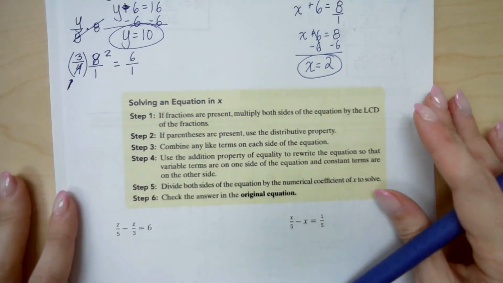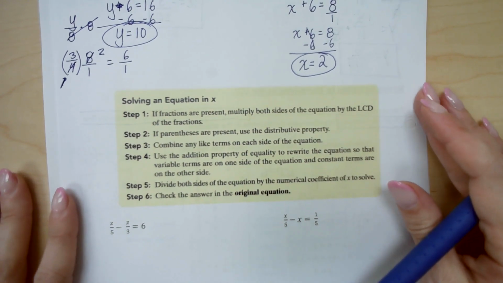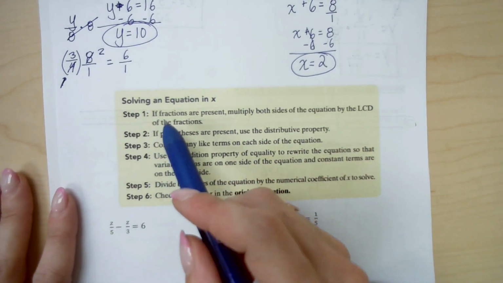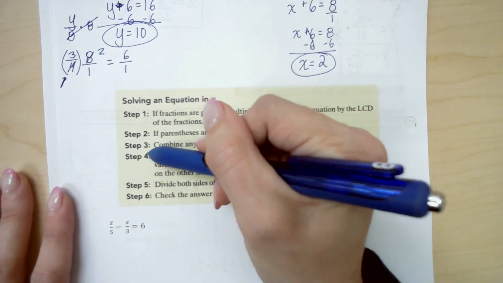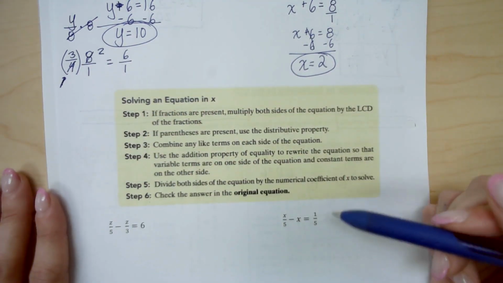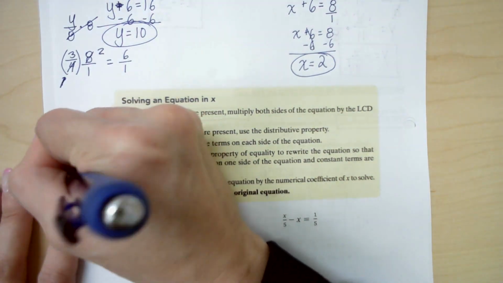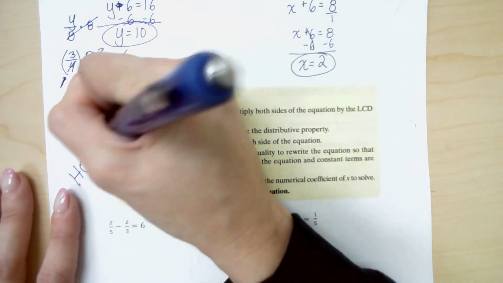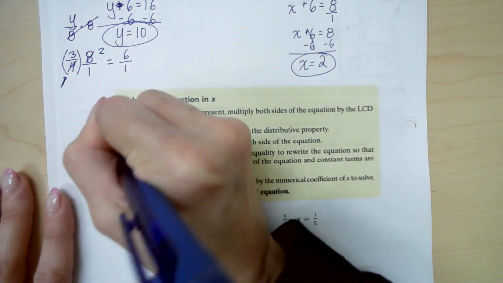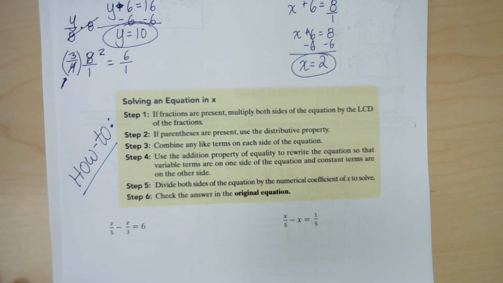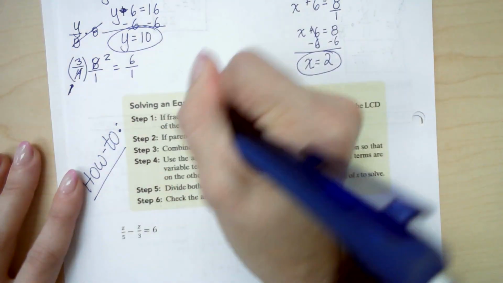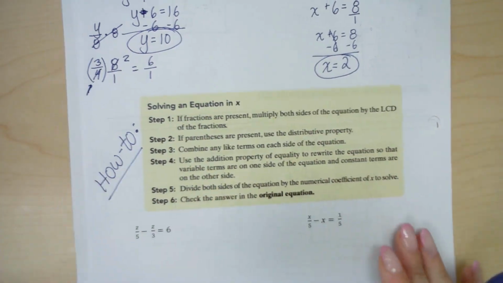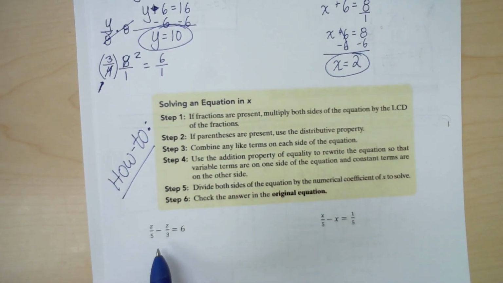Now we're going to wrap up by solving a couple final equations. As a reminder, this box here has all of your steps for these equations. This is your how-to guide. So if you get stuck on a homework assignment, you look back at this yellow box and use it as a checklist to check off each step that you do. Now, for this first one,